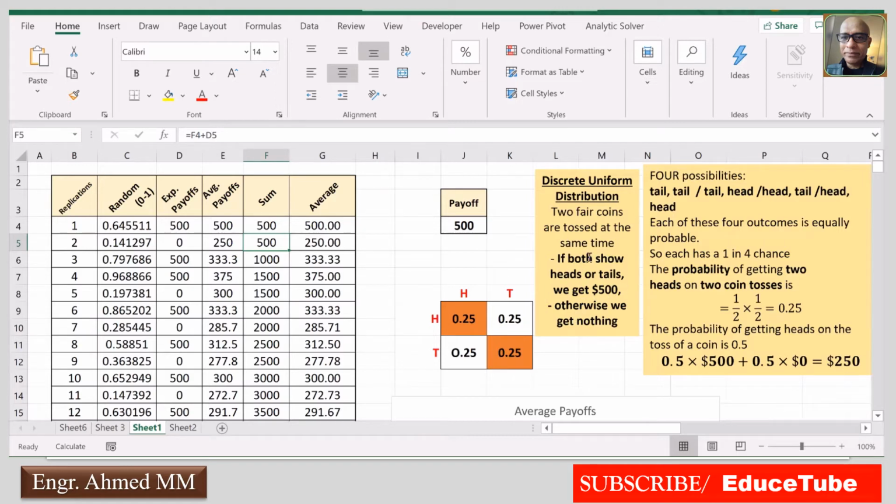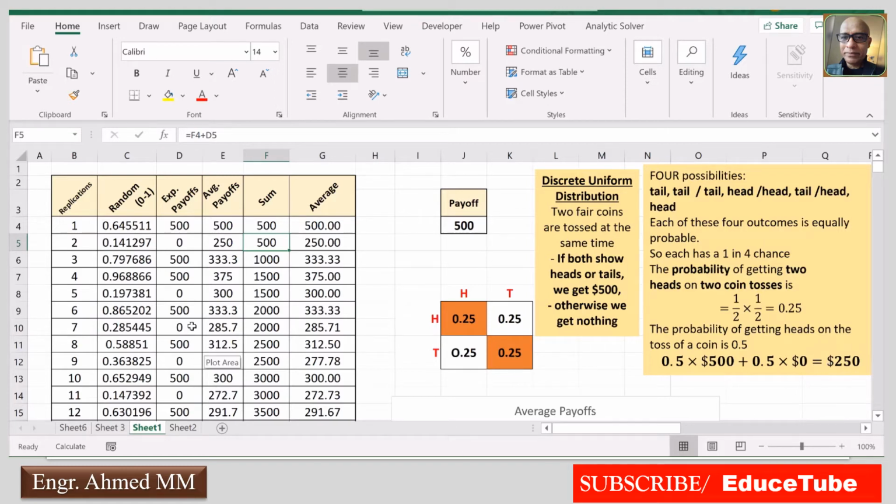That was our condition to get $500. So 0.25 plus 0.25, totally 0.5, multiplied by $500, and the remaining 0.5 we are not getting anything, so it is $0. So totally the expected payoff comes to $250.